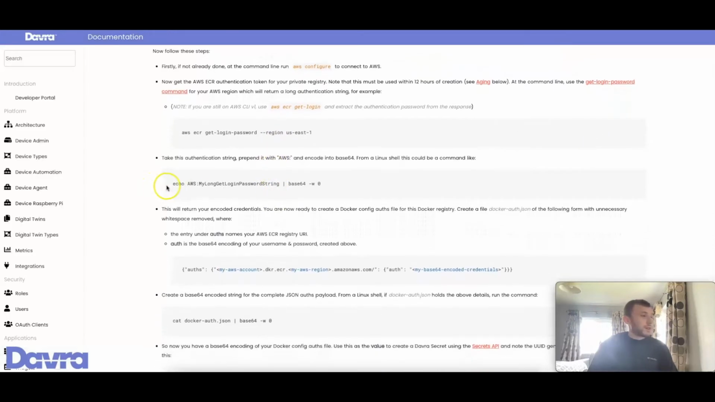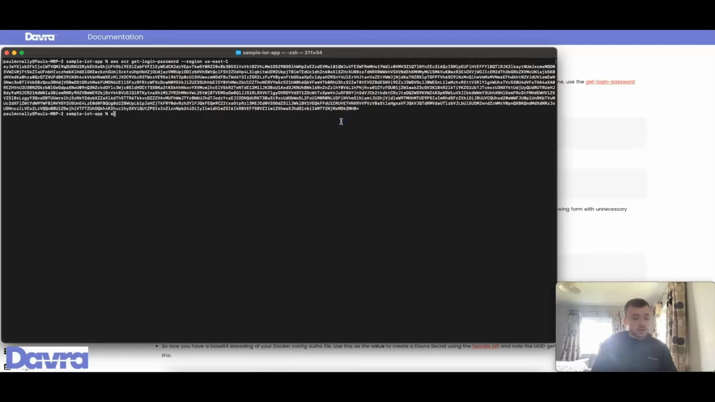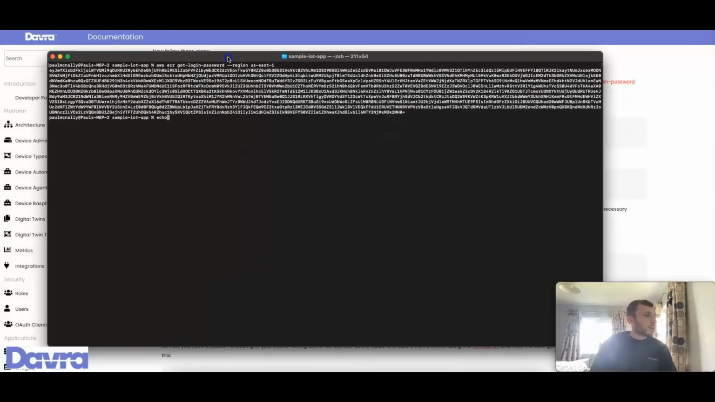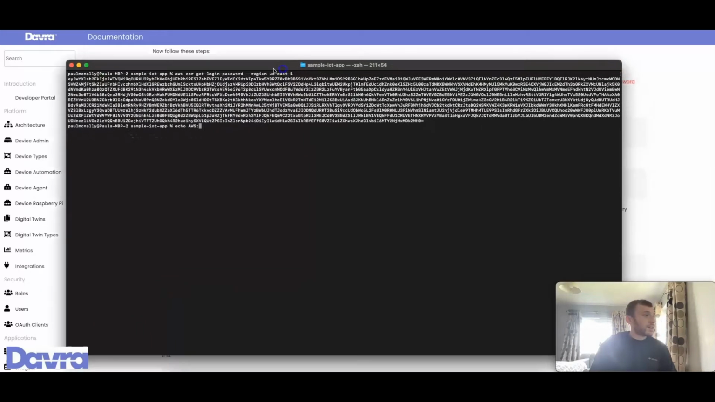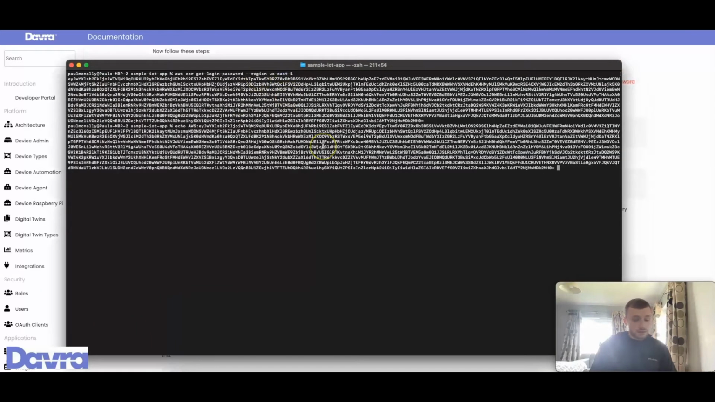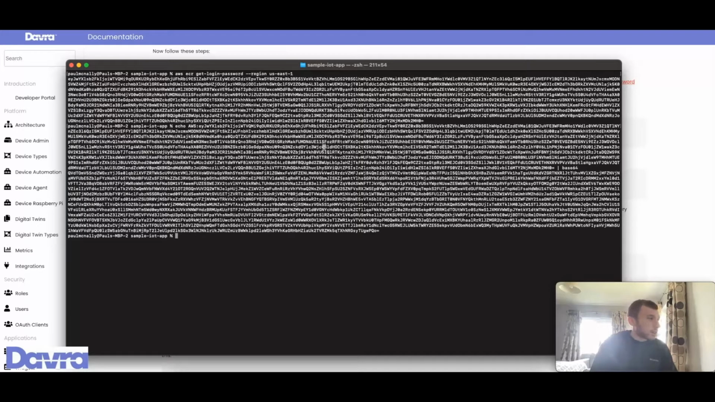Next, we are going to encode this in base 64. So what we do there is, echo AWS is the username in this case. AWS, and then it's the big long token, so this here, and then we want it in base 64. Cool. Okay, so we have that. Make sure when you're doing this you're getting the right stuff. Okay,